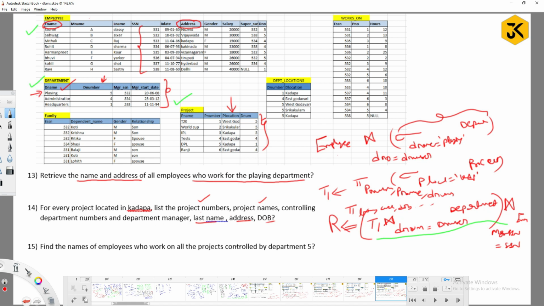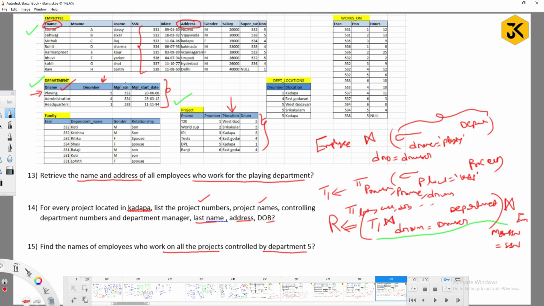Yes, tell me, you can tell. What is the query you can do? Right? What is the meaning of this one? We need to find out the employee names who work on all the projects. Compulsory they have to work on all the projects which are controlled by department 5, right?